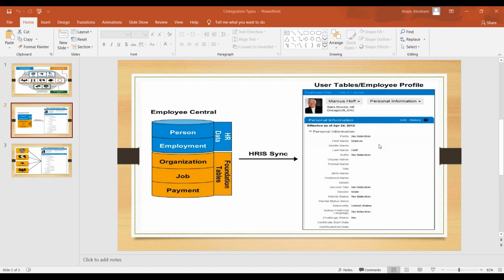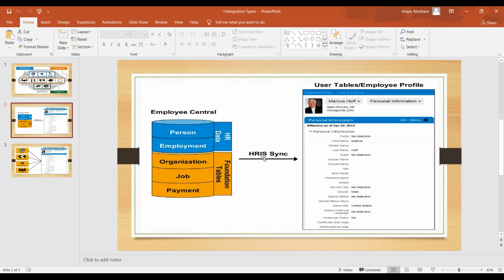You either call it an employee profile, or live profile, or talent profile. Why do we call it a live profile? Because in the employee profile, the data is automatically updated as live data.